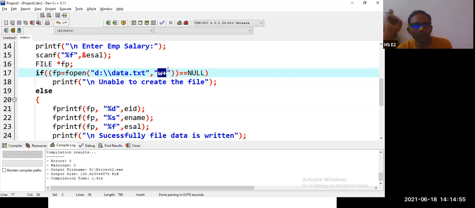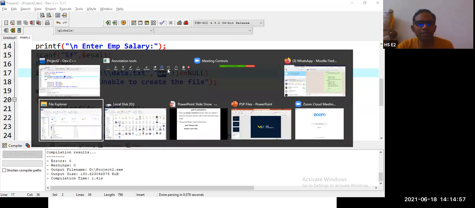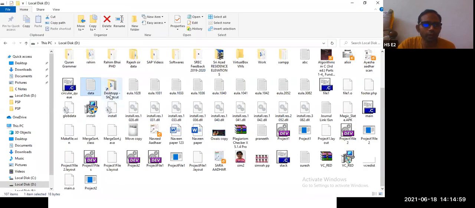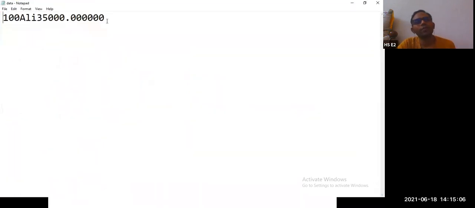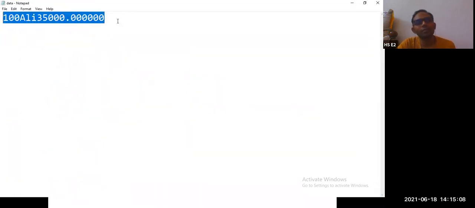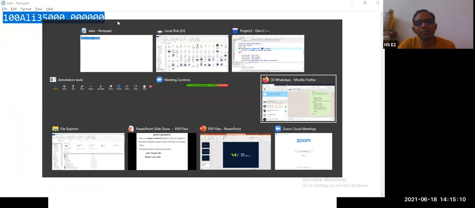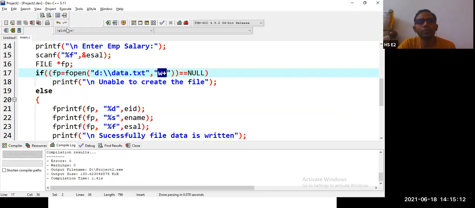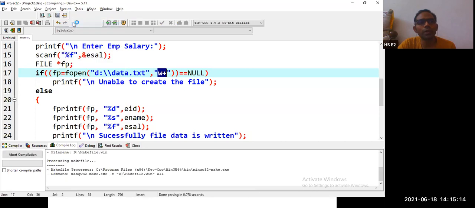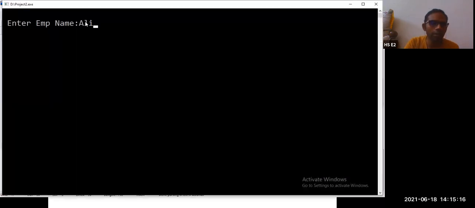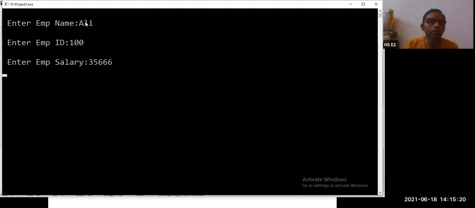Okay. So even if you open the file, we will be having the same information that we got. So where is this file? This is the derived data. So we got the same information. Though we are having only this information, you can see that the last value that we got is some garbage value. When you execute, compile and run, Ali 100, 35, 13.